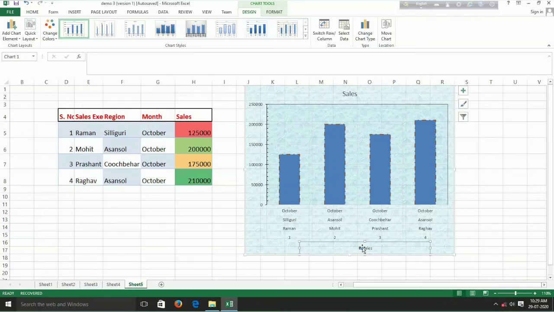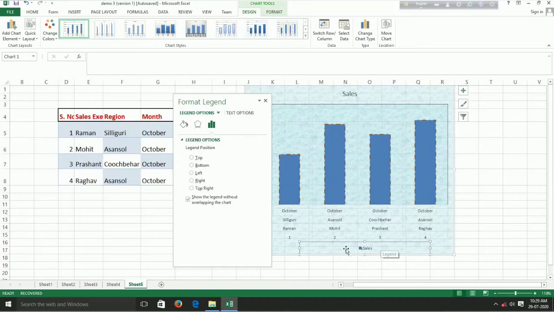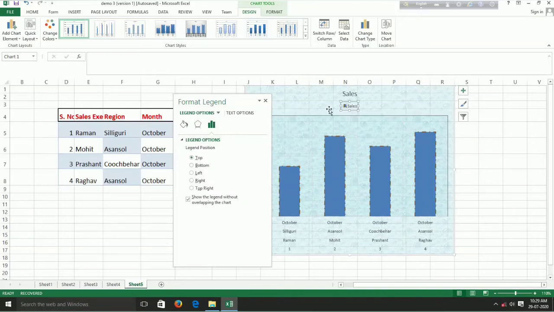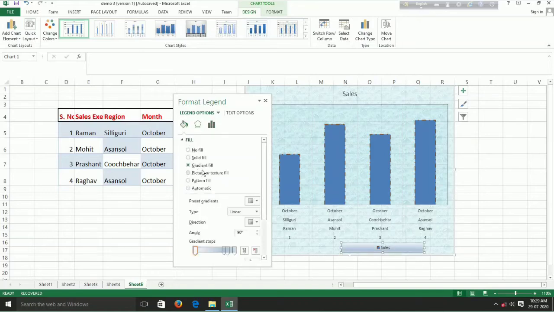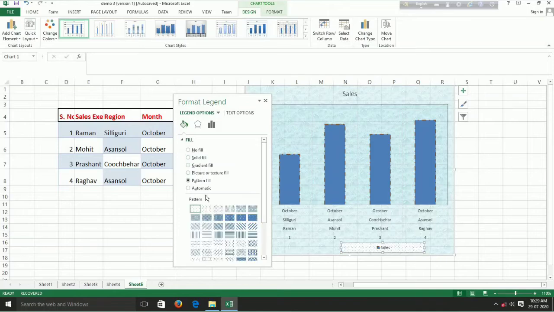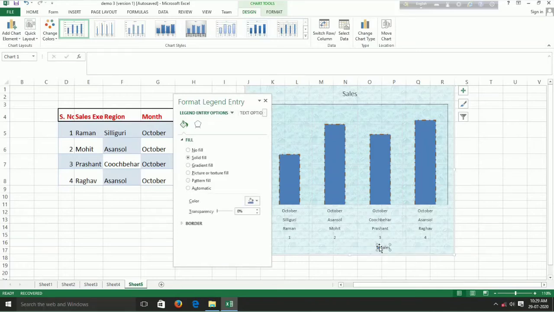Yes. Now this is called the legend. I will format the legend now. As you can see, when I have selected it, only the cells are shown here. First I will show you how to insert it. You can see I can drag my legend to any side of the plot area of the chart: left, right, bottom, but I will keep it at the bottom first. Then I will show you how to change the legend color, meaning the area where the legend is written. I can change its background color and background style. I can make it fill, no fill, whatever I want to do.